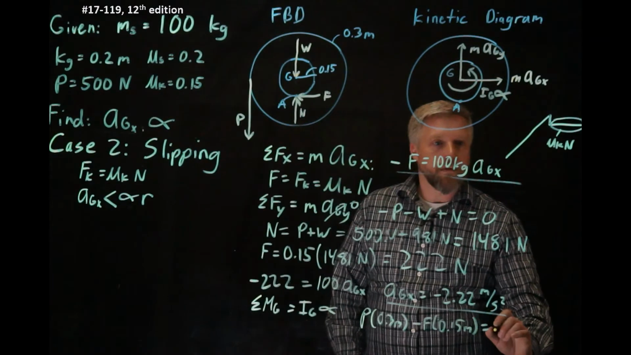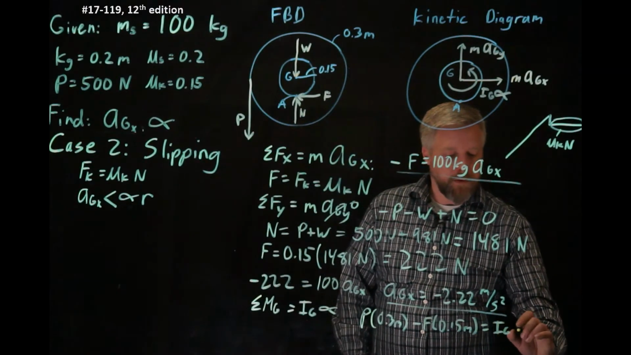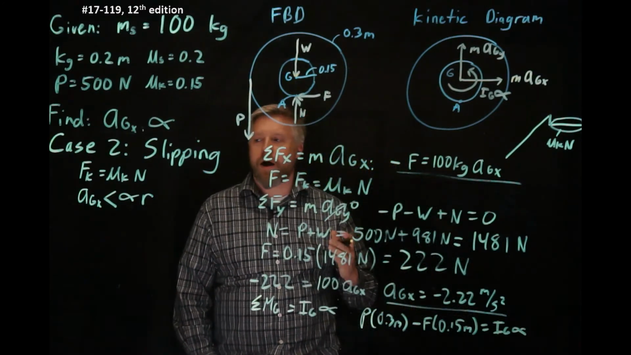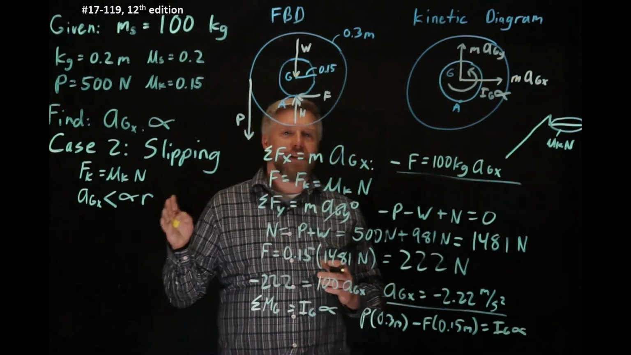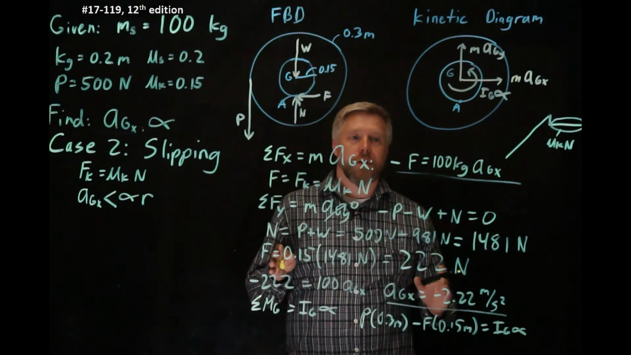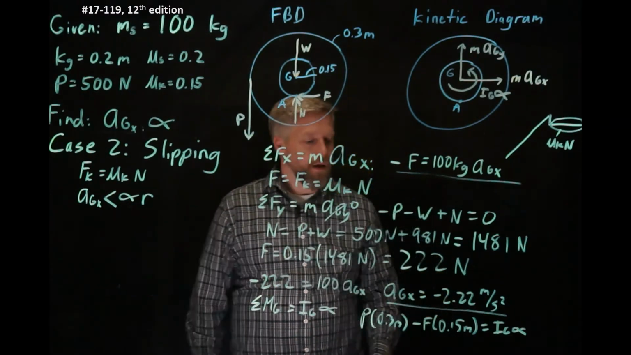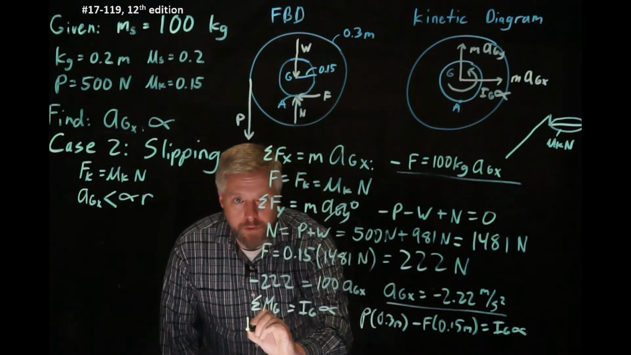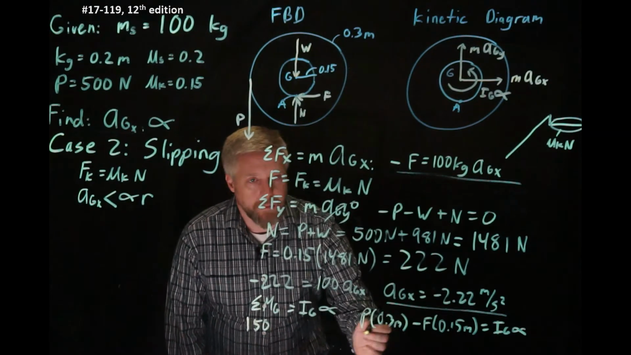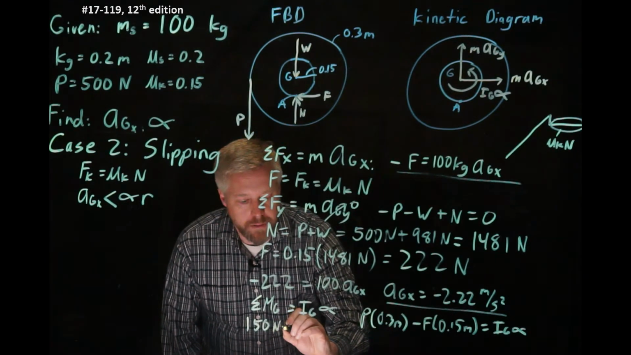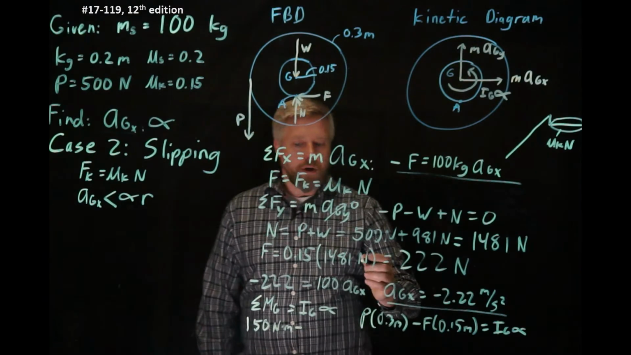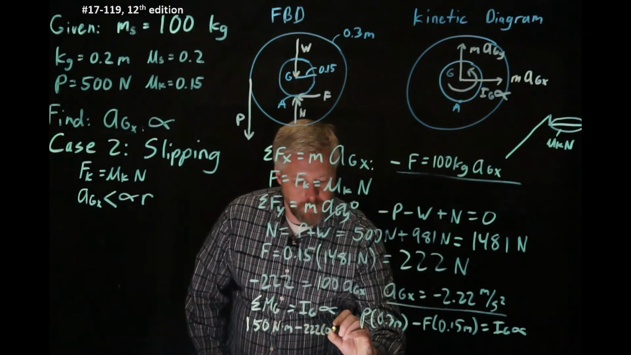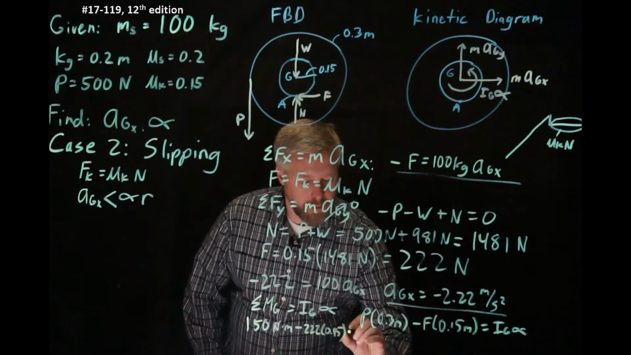That's going to be equal to Ig alpha. Notice here that I'm not using the equation Ag equals alpha r. It's not true when they're slipping, so we can't use that for case 2. Okay, I'm going to go ahead and plug in P and plug in F. So we end up with 150, which is 500 times 0.3, 150 Newton meters, minus F is 222, 222 times 0.15 Newton meters